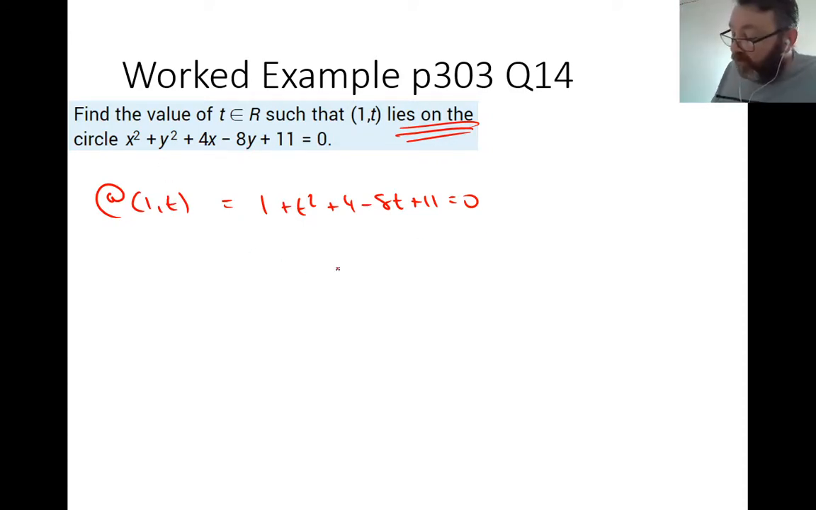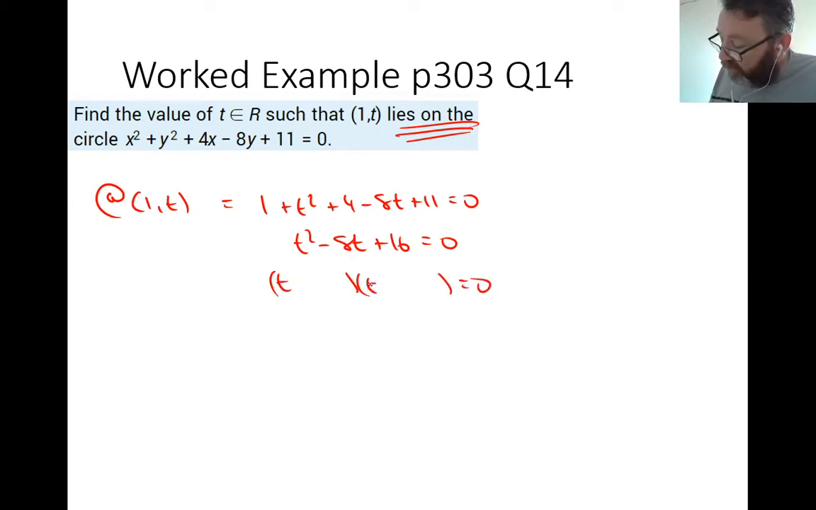And you reorganize your equation. And here's what you end up with. t squared minus 8t plus 11 plus 4 is 15 plus 1 is 16 is equal to 0. All right, so t squared minus 8t plus 16 is equal to 0. Good. So let's see if we have